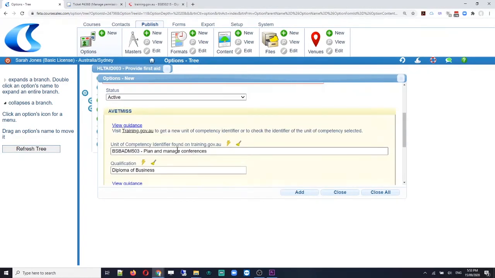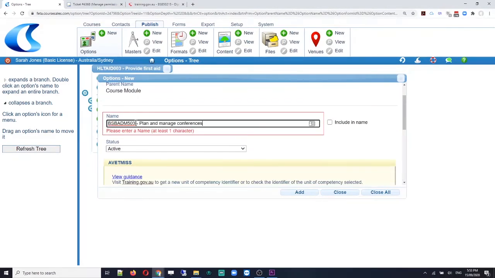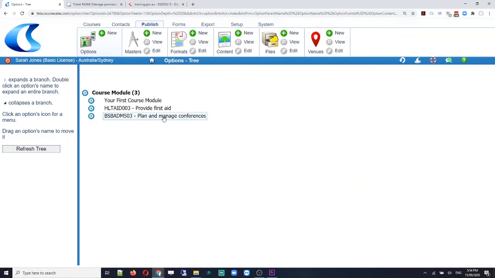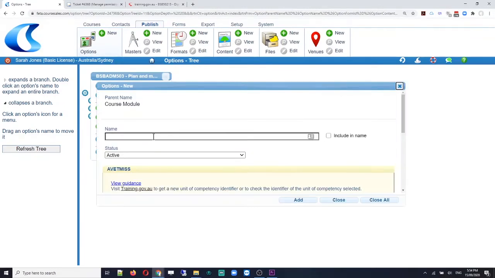Okay, I have to add a name in, copy that up there, and put that into the name, so then I've got a record of exactly the right name. As you can see, and I can keep adding those in. If I wanted to, I could create an upper level, so I can go add after this node, and I can add just to group these together,